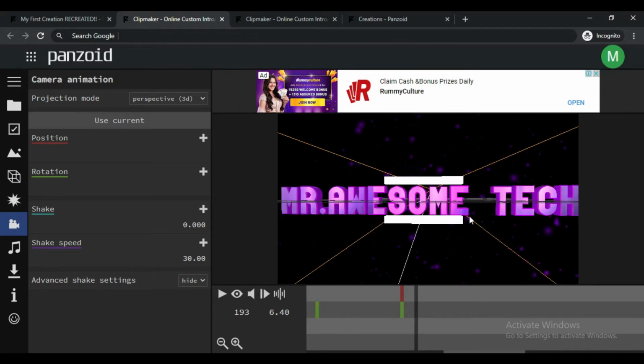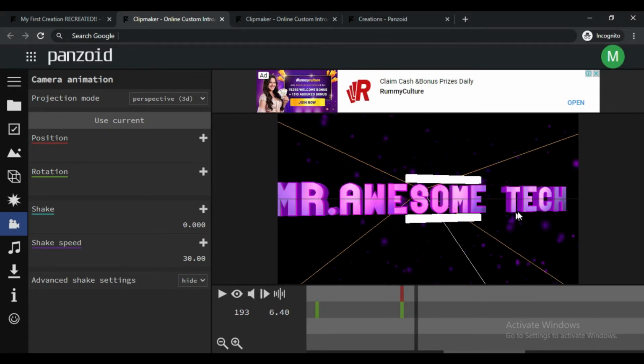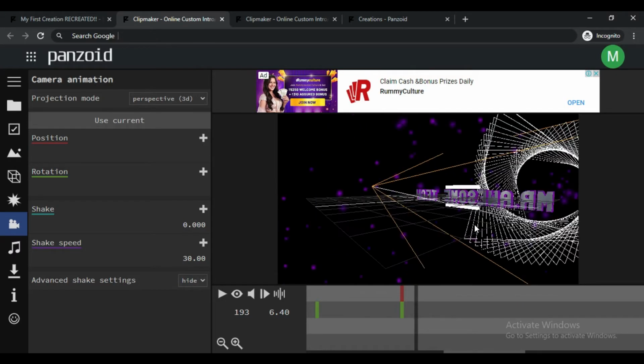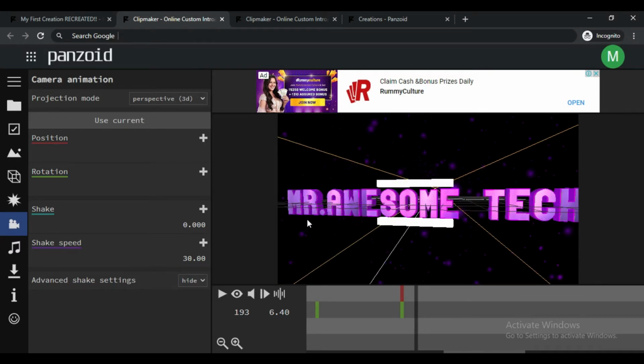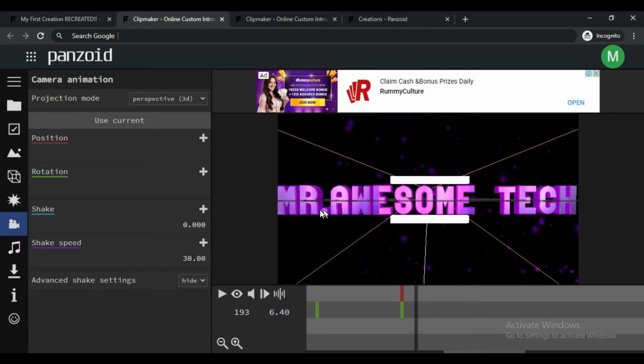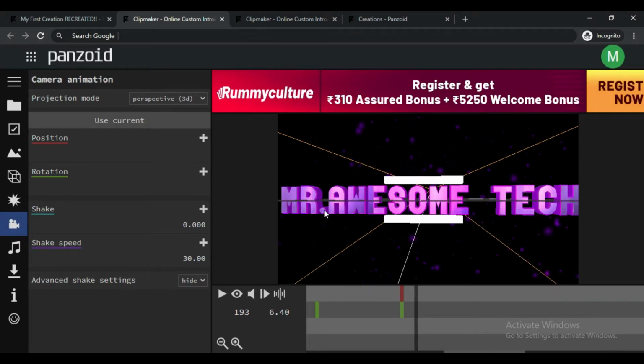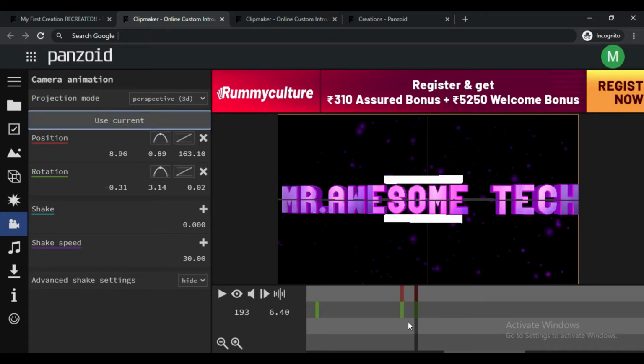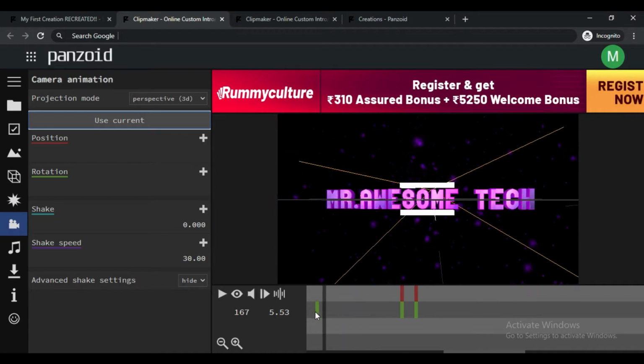Yeah, so now this frame fits my name properly. Just adjust it nicely, and once it's final, click on use current, and it's going to save that camera position.